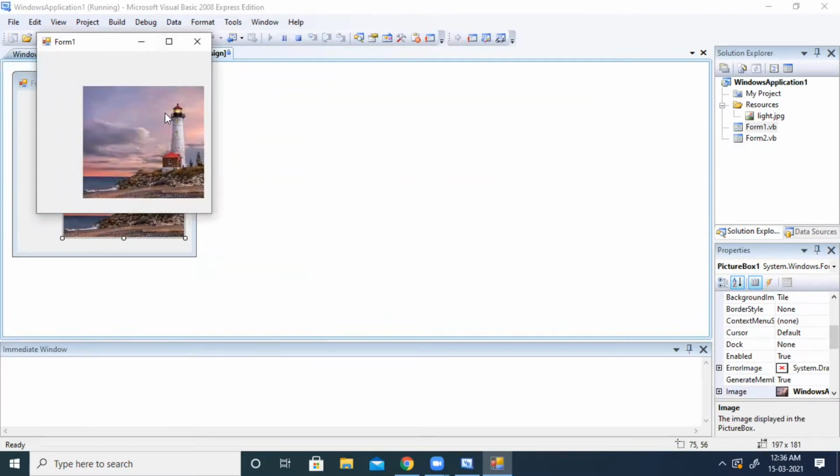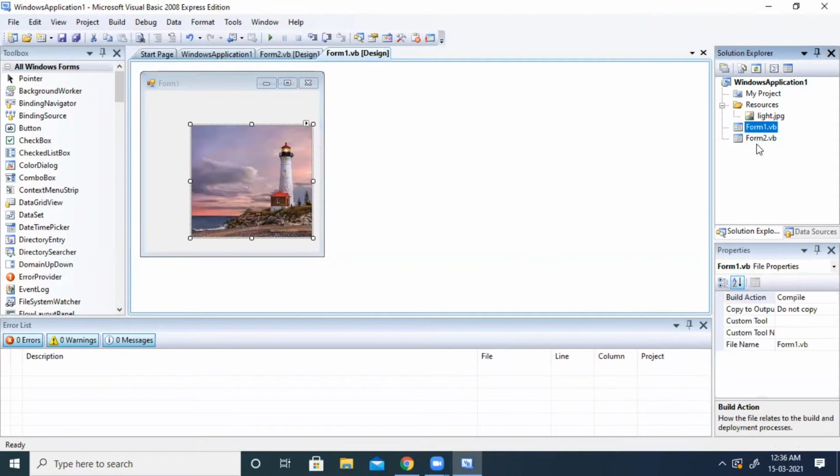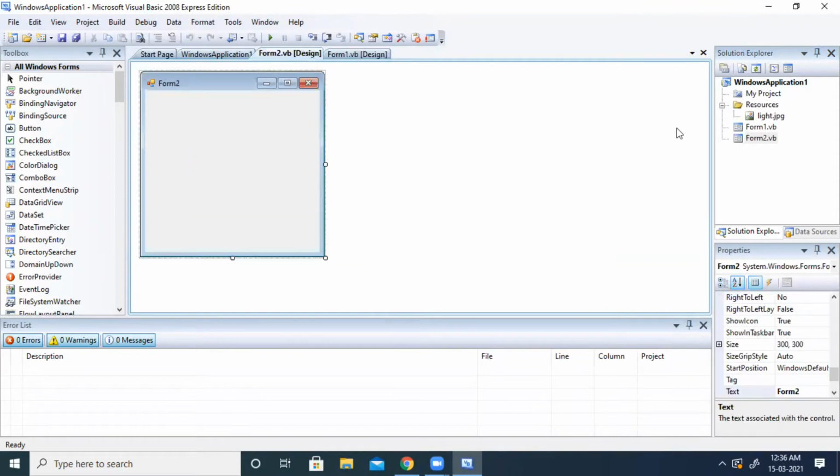Now we will see how we can do a traffic post program using some controls of VB. So let us do that program by taking some controls. For that I am going to take one more form, form 2. Now you see I just did the double click and the form is open for me. For this program I am going to take one text box and 3 buttons. So let us take one text box first.